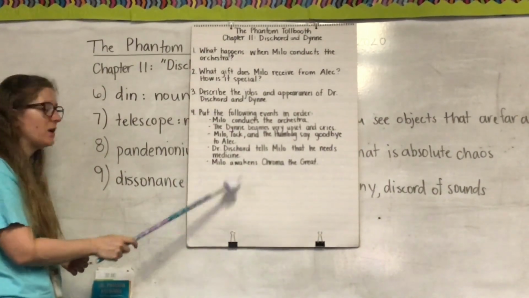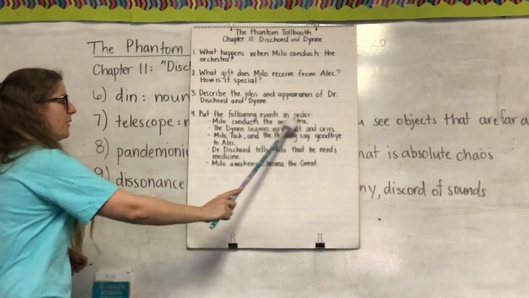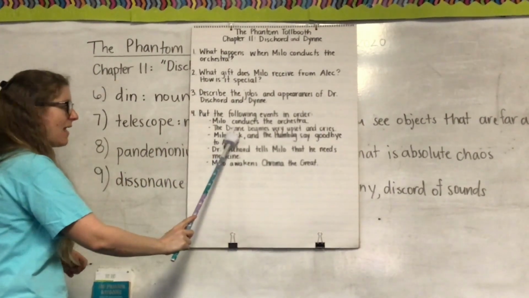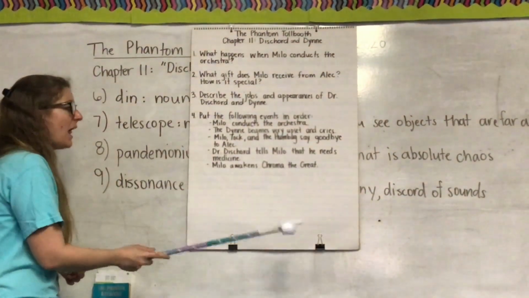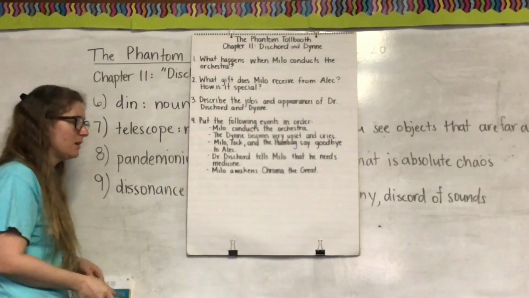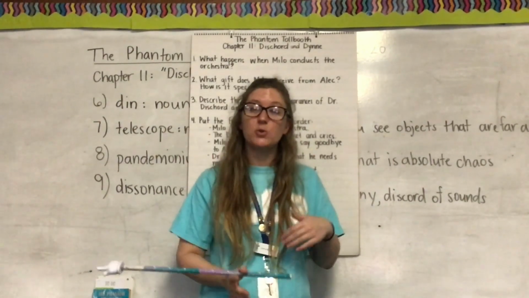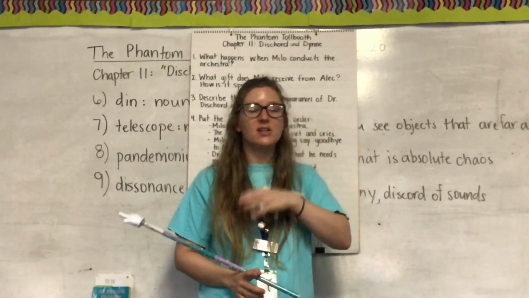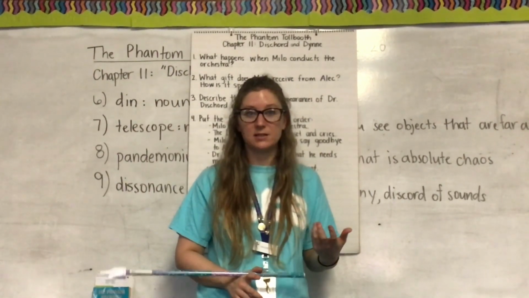So remember, when you do this, if you choose this question, you just write number 4, put the following events in order, skip one line, and then write the events in order. You do not have to write it exactly like this, and then rewrite all of these events in the correct order. Okay. If you have any questions about this, answer what you can, as much as you can, and then you can Skype me later, and I can help you clarify if you need to.